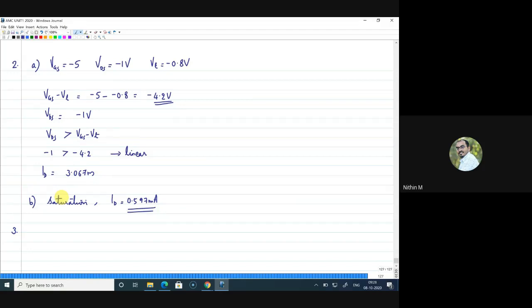For the third question, again it is an NMOS transistor. It is given that it is operating in the linear region with VDS of 0.1 volt. It is found to conduct 60 microamps with a VGS of 2 volts and 160 microamps with a VGS of 4 volts. You are asked to find the VT of the device. VT is 0.752. Yes, Manikandan. Bhavana, you got 0.69. Can you check it once? You are very close to the answer.